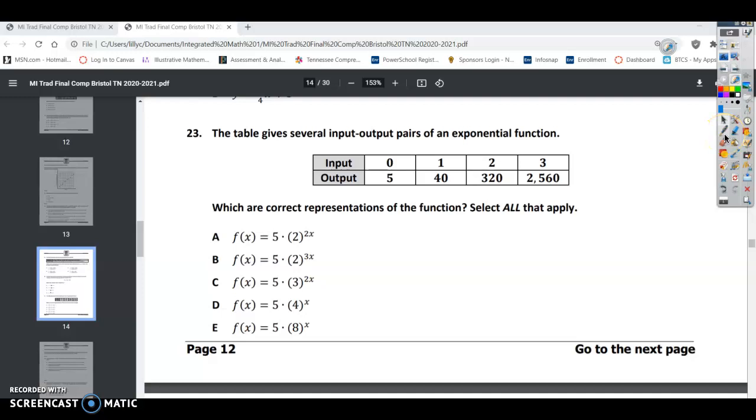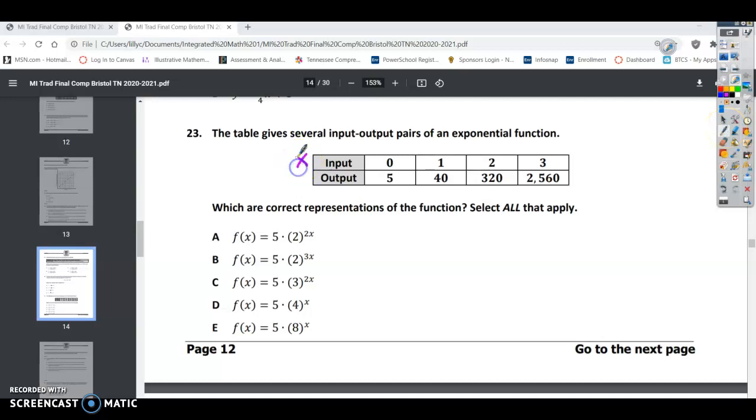All right, this is Math 1, your final benchmark, number 23. The table gives several input-output pairs of an exponential function. Which are correct representations of the function? Select all that apply. All right, so the first thing we need to do is say, what is our input